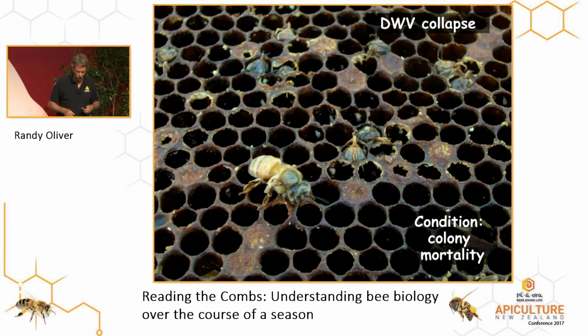So here's the trick. You look on the ground for the shadow of your head. And when the shadow of your head is directly in front of you, I guarantee the sun will be directly behind your back. Then when you hold the frame right here, you'll have light coming over your shoulders. And you hold the frame horizontally with the top bar away from you, and the light will be shining on the ceilings of the cells. That's this angle right here, and you'll see these white guanine deposits, the fecal deposits from the varroa mite. That tells you your colony died from varroa mites.